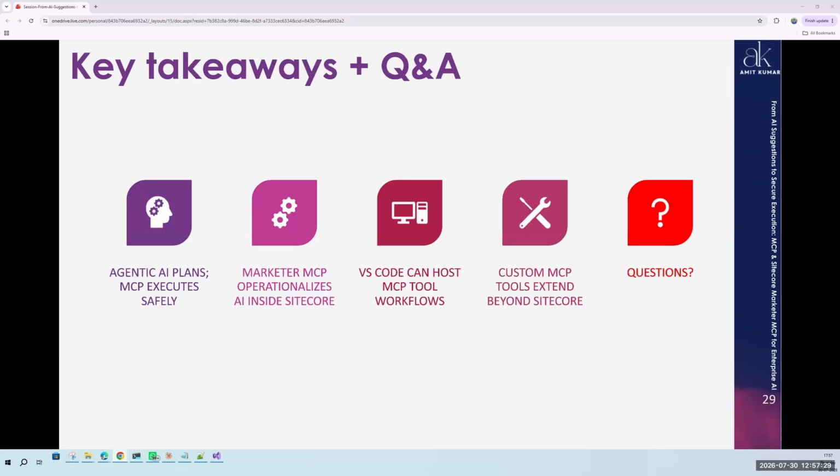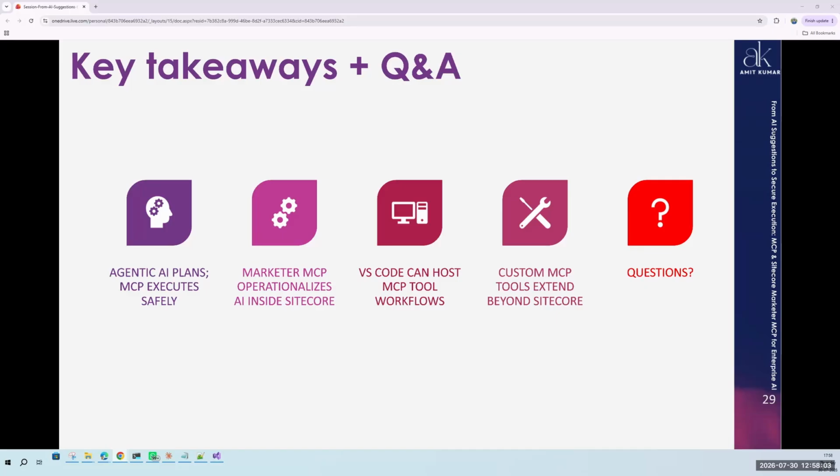The key takeaway I am trying to explain is what enterprise gaps we have in today's world, so that enterprises can follow AI extensively and perform end-to-end processes with automation. We covered what the enterprise gaps are, what tools or mechanisms we can introduce to fill those gaps, what the Sitecore Marketer MCP is, and what tools are available for marketers or users to execute.